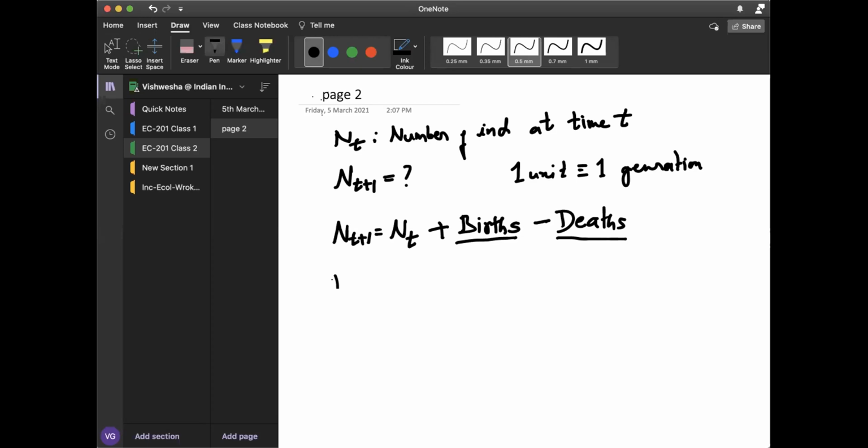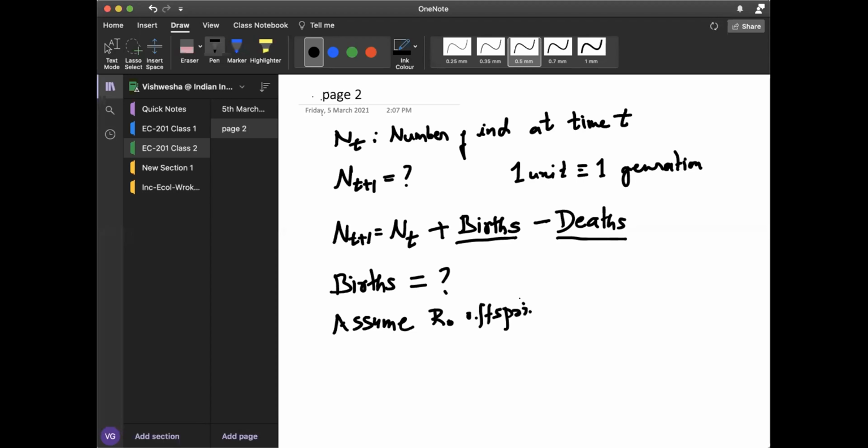So how do we know? Let's try to make some reasonable estimates for what that is going to be. Let us assume that on an average, every individual will have R number of offspring. Okay, assume that we have R0